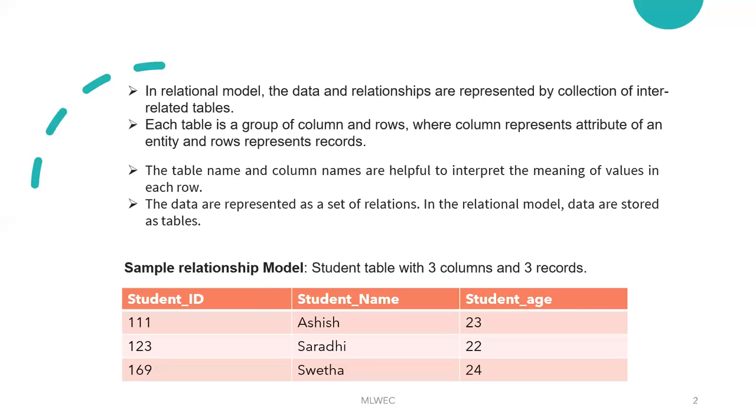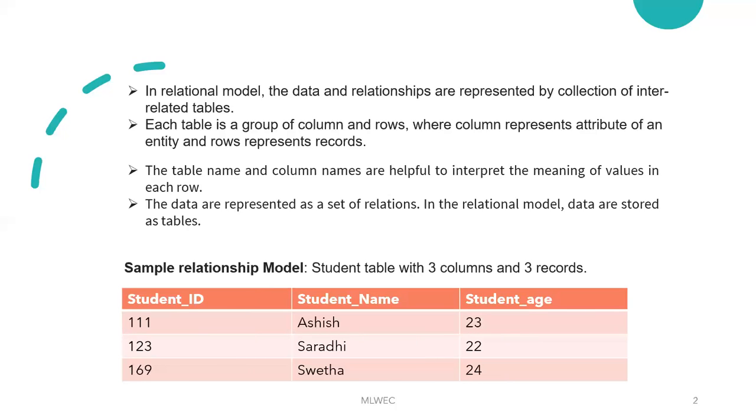Each row of data we can call a record. This is the first record, 123 is the second record, and 169 is the third record. So we have 3 columns and 3 records.